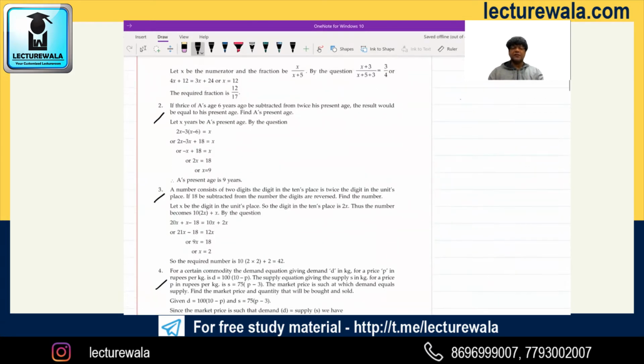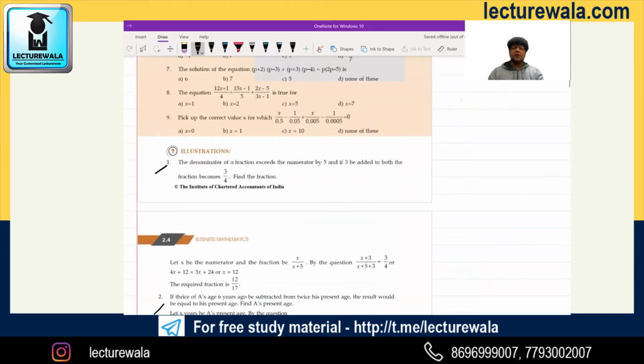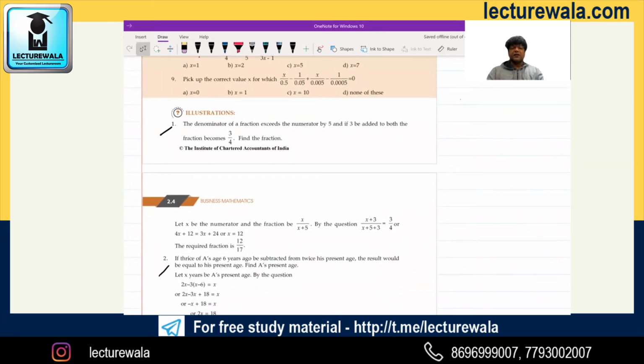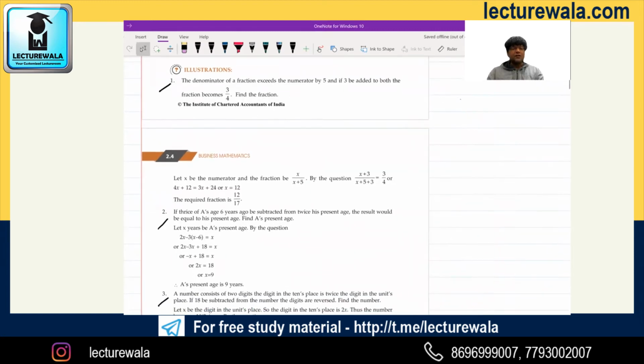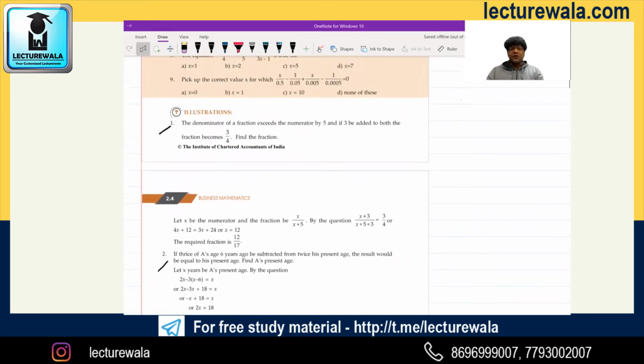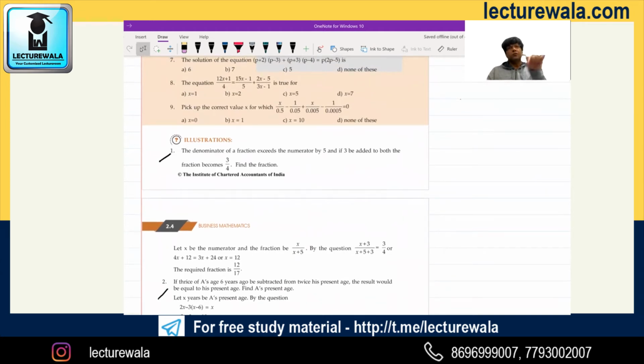Same way you can check these illustration questions also, because in the illustrations, they have not given the options. So what will happen? That option hitting method, you will be able to check, but not that way as it is given in the exercise. Here they have solved which way? The original method. So the original method, if you want to do from here only, you will understand. But option hitting, you have to do yourself.